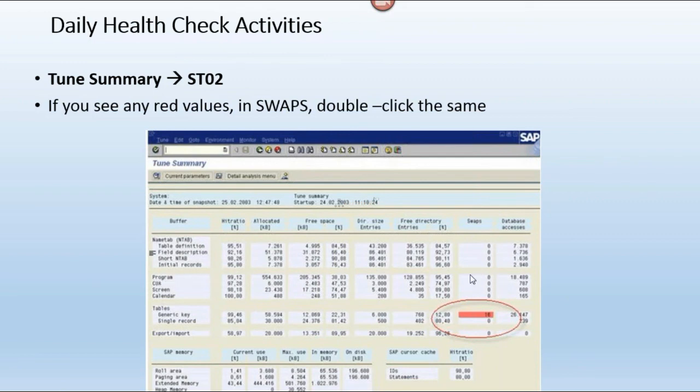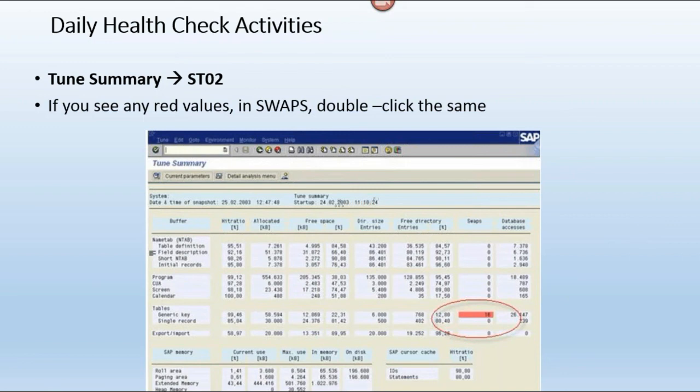We need to mention the swaps number and the red color. If all the swaps are increased, ultimately we need to restart the system. If you restart the system, all the swaps will become 0 again, because these are temporary.